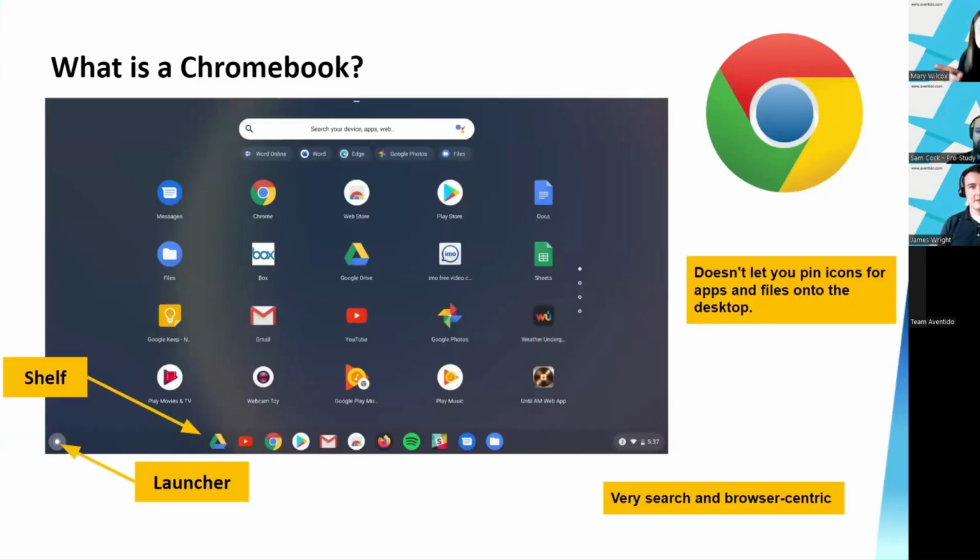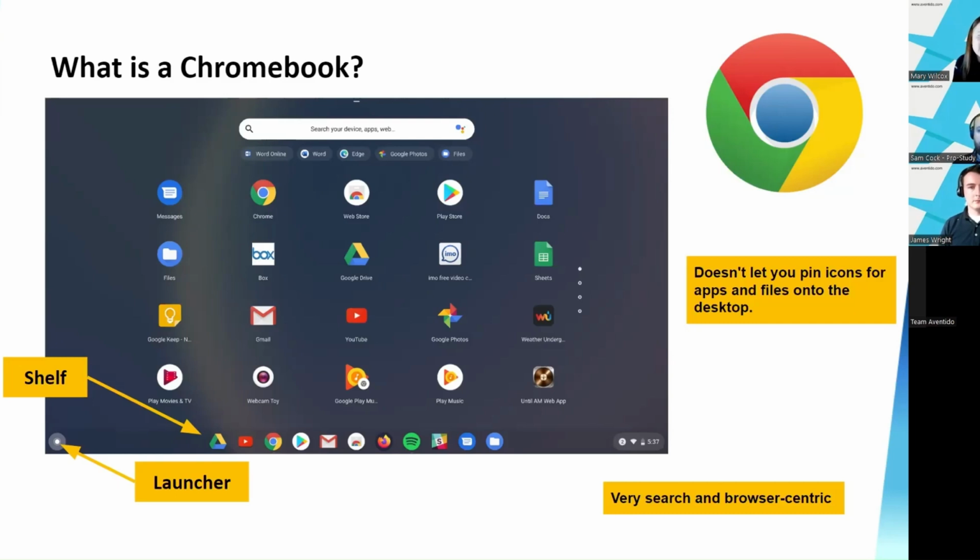So when you're on a Chromebook, this is what it looks like when you're trying to find the app you want to use, because it relies on you searching for things. You can't save stuff on your desktop on a Chromebook. That's kept free of anything. And you have what they call a shelf at the bottom. And these are commonly used apps on your Chromebook. Google apps are there. You can't choose to hide them, but other apps you can choose